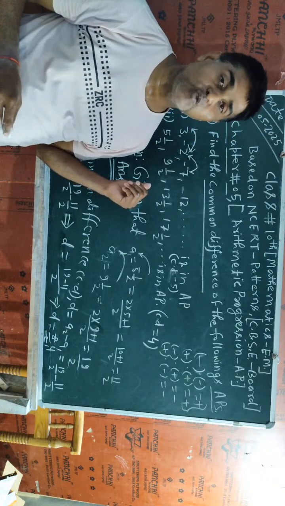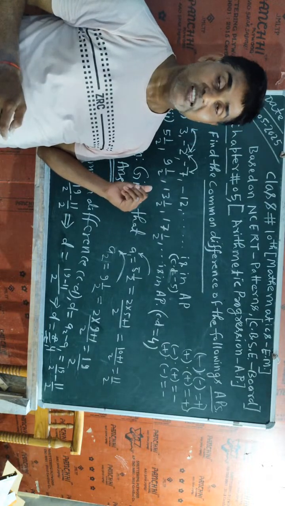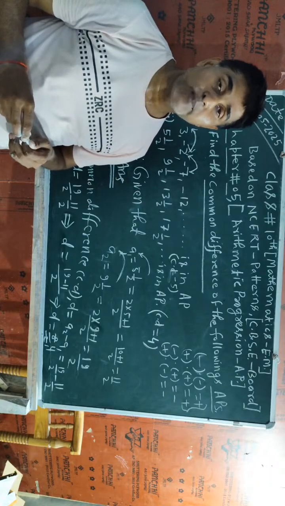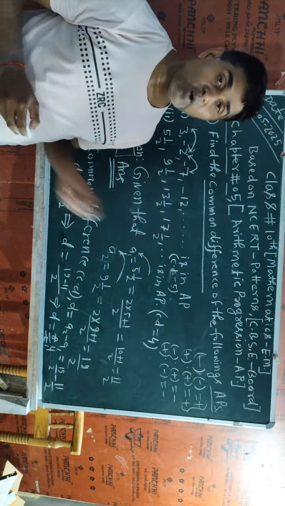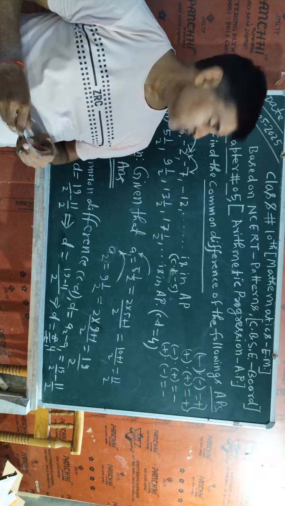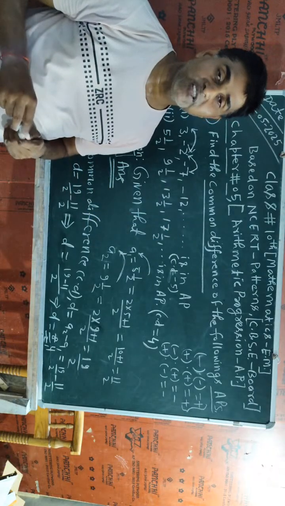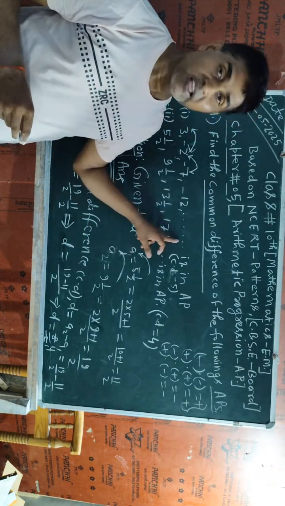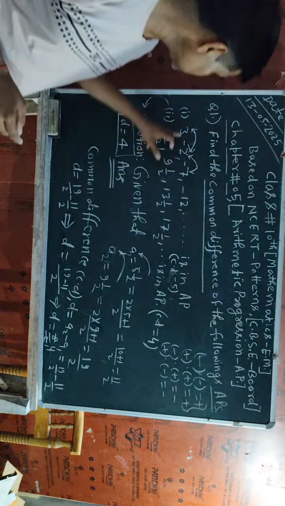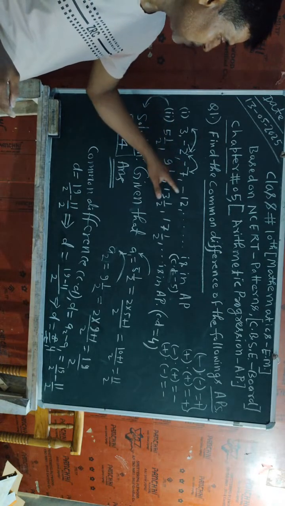So first of all, you have to learn about the common difference, how the common difference is obtained from a given sequence. You have to learn this, because if you know how to get the common difference of an AP series or AP sequence, you will find the common difference, and if the nth term is asked of the given series, you can easily obtain it, because this sequence is given as 3, minus 2, minus 7, minus 12